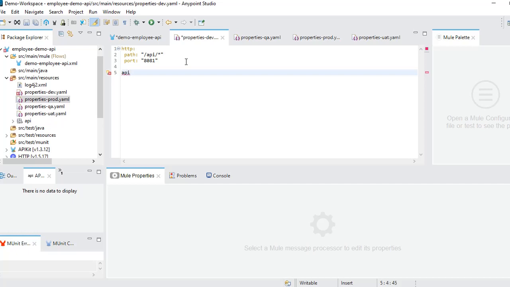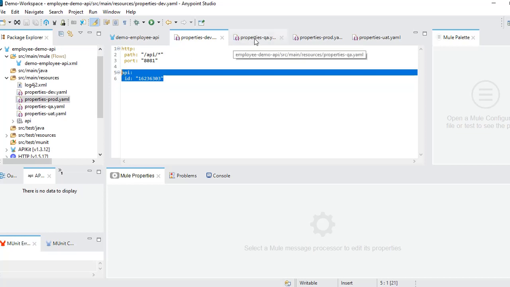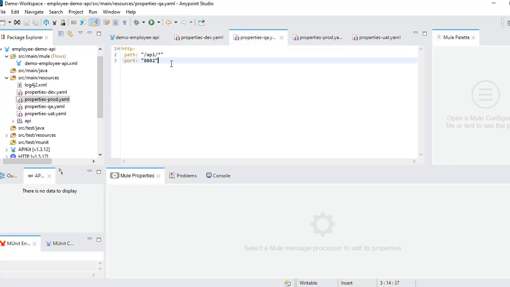So api is the parent name, space, id, colon, the value. I have copied those values from earlier. So let's save it, and we need to provide these values in all our properties files.